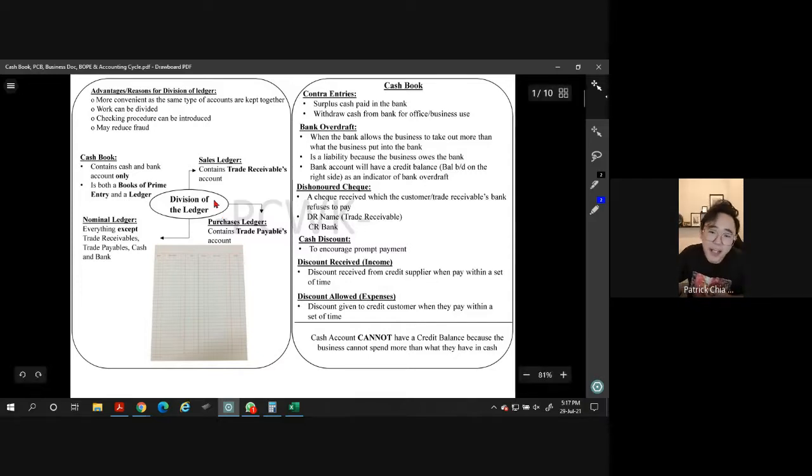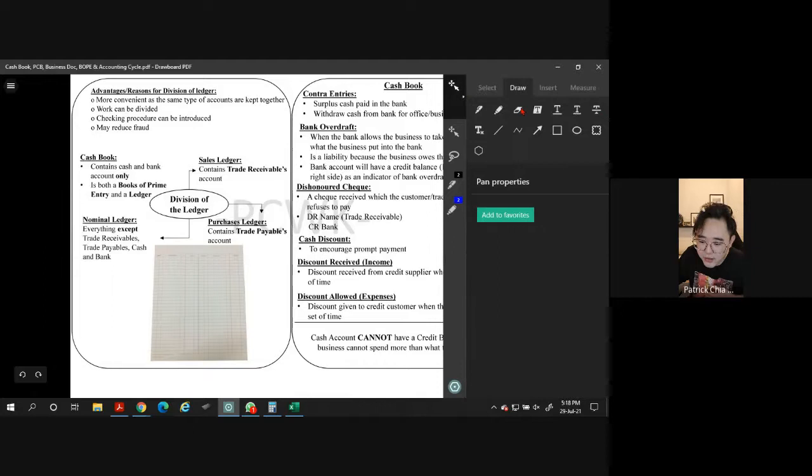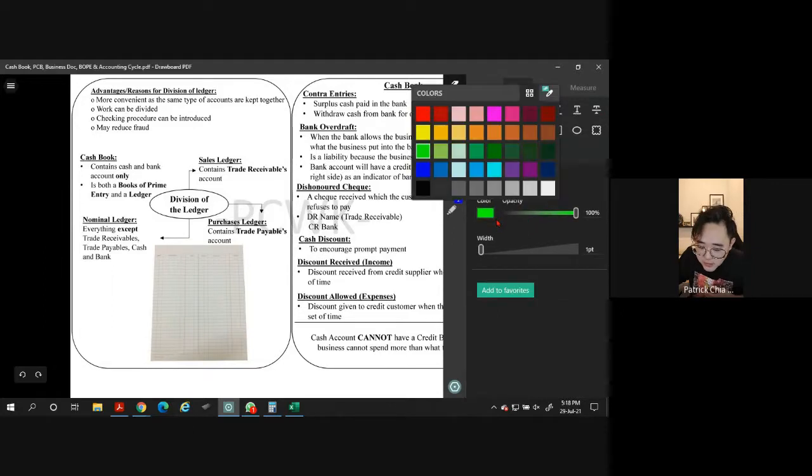So cash book is also ledger. Because a cash book is a ledger, and it's also books of prime entry. And cash book is cash and bank account together. These 2 accounts combined together. That's why they are also a ledger account. So the names, I leave it to you guys to read, like what is sales ledger and all. So in cash book, what is important here, guys? You need to definitely know how to do contra entries. The very, very important part will be the contra entries. Okay, but let me, this is red color.